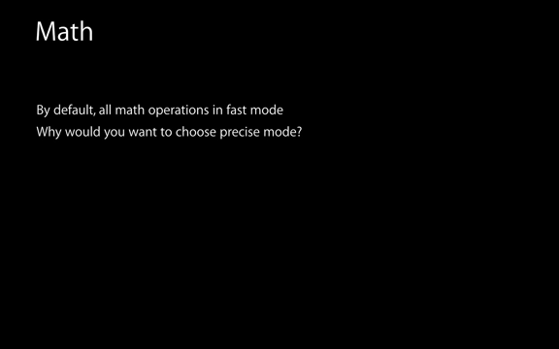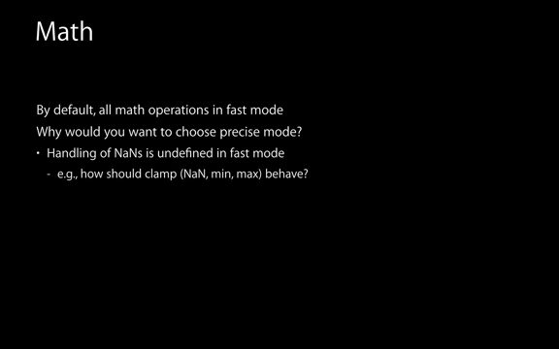It's fast. So sometimes, in fast mode, we tell you the behavior of NaNs is not defined. NaN is not a number. Well, what do I care about that? I'm not going to do math on not a number. We're like, yeah, sometimes you do. So, for example, if I'm clamping an input with some minimum and a maximum, and I pass an input that's NaN, in fast mode we're going to say we don't know what the answer is going to be. But if you actually follow IEEE 754 rules, there's guaranteed defined behavior,